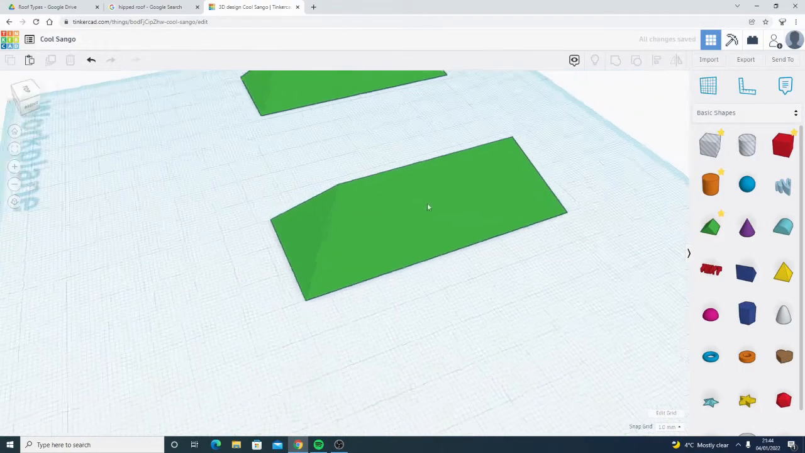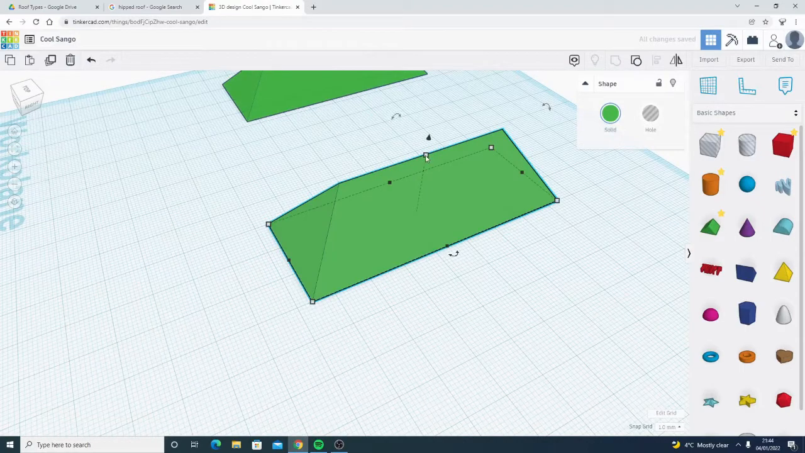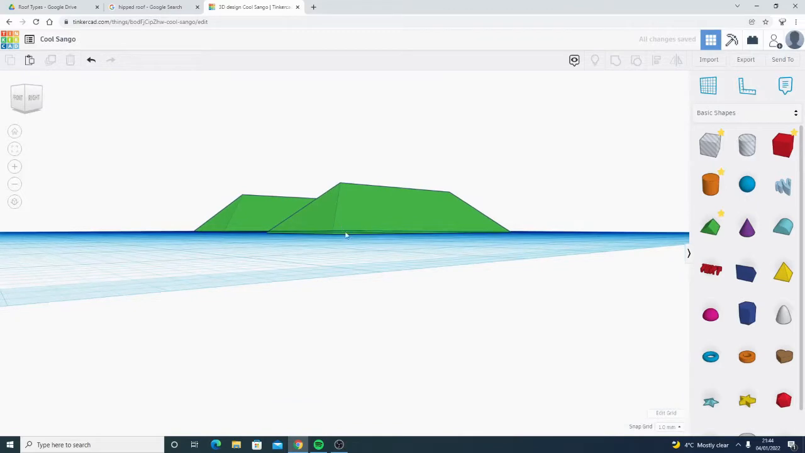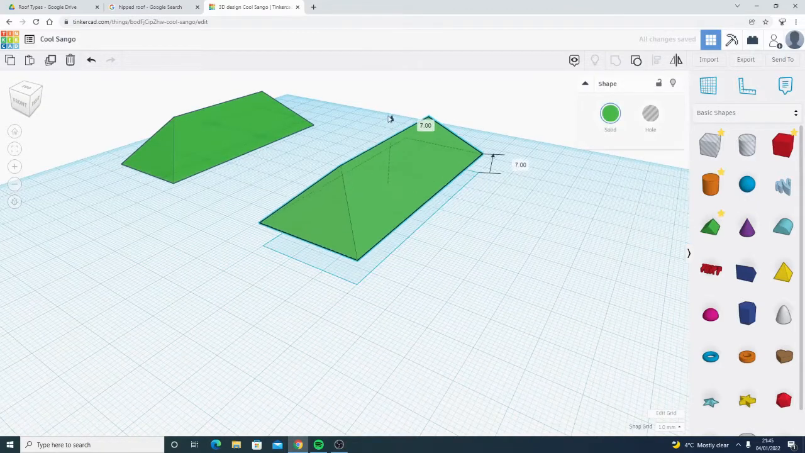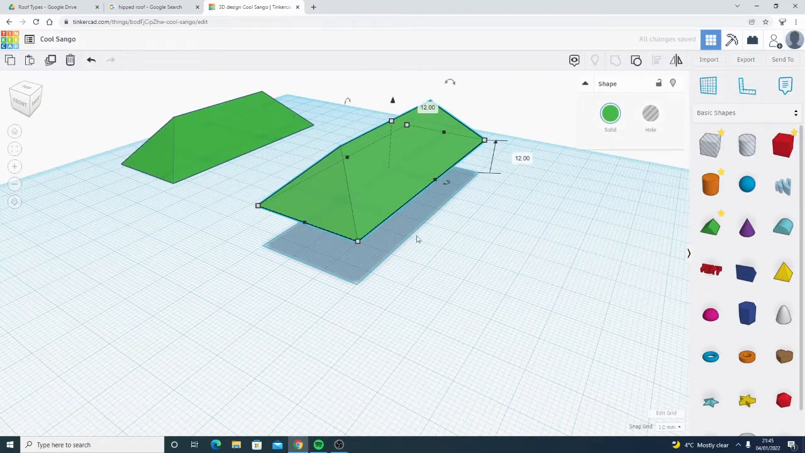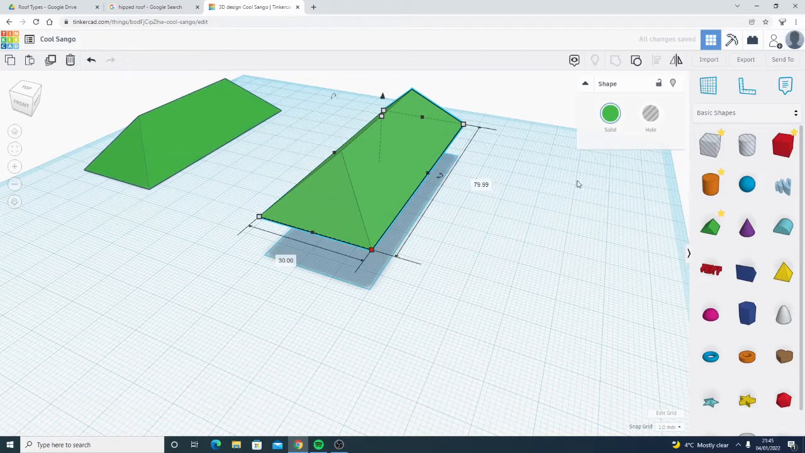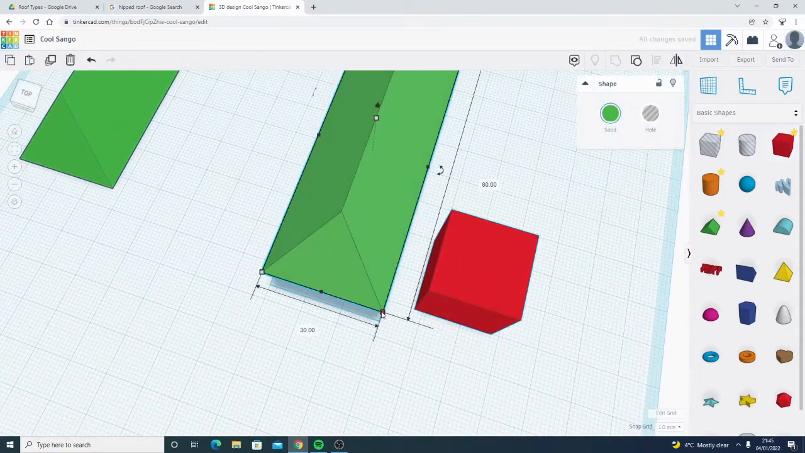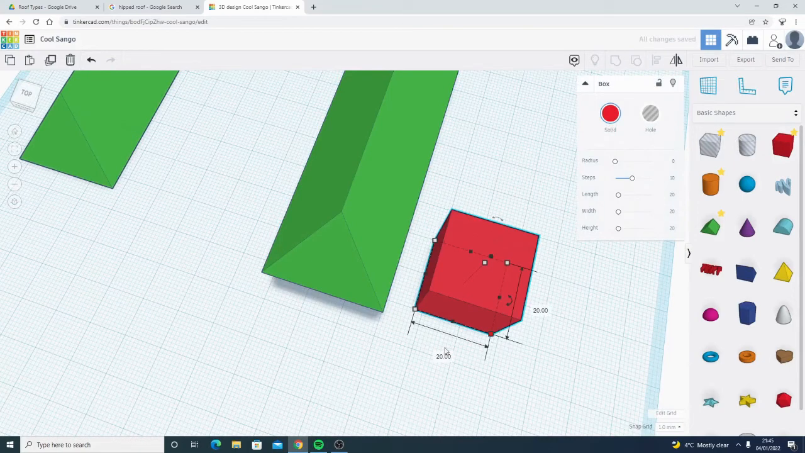And there we have a hipped roof. And you can change the height of the hipped roof like that. If I wanted to put a building underneath that, you obviously just look at the dimensions. Well, it's got 79.99. Let's make it 80, and put a building underneath. So 30 wide by 80,